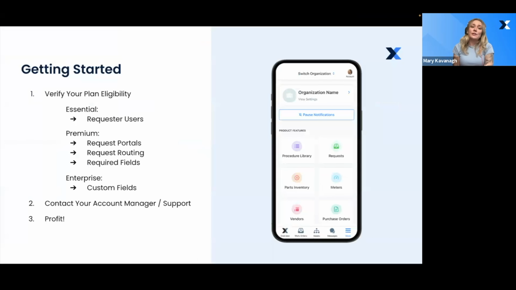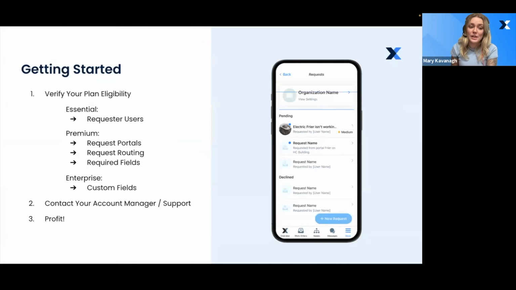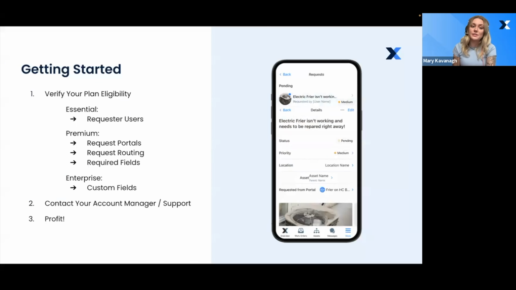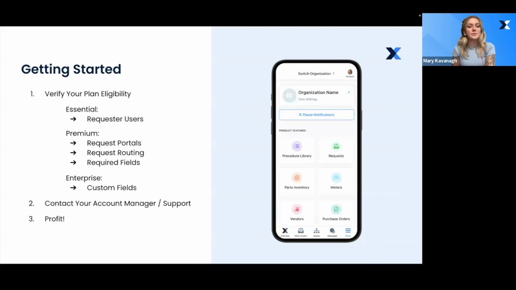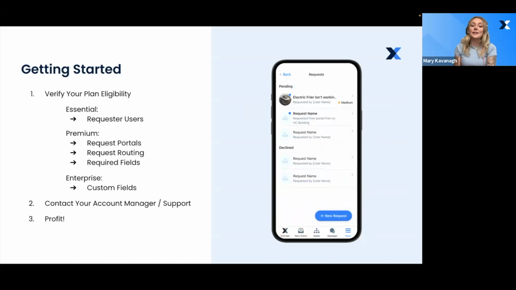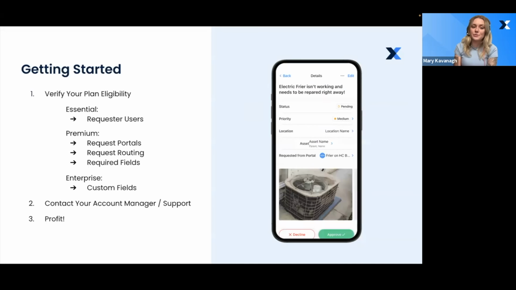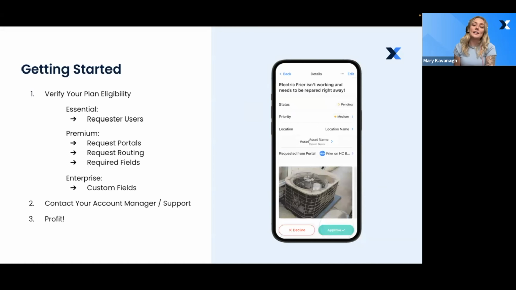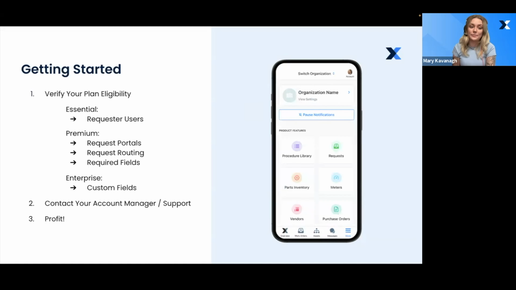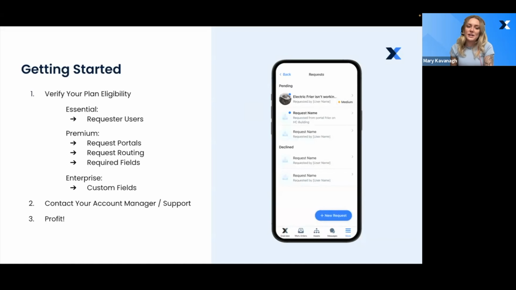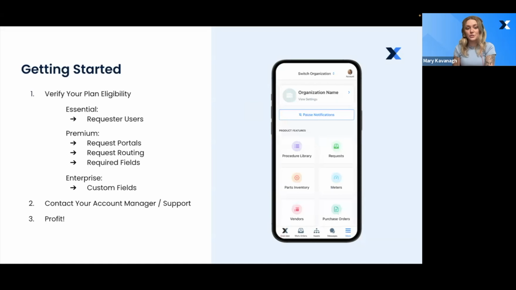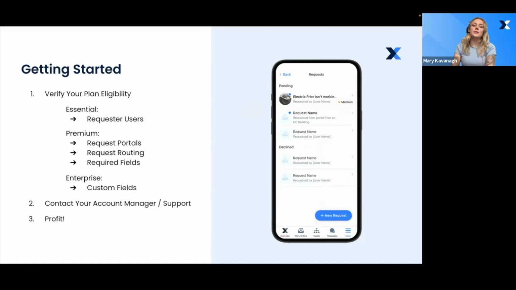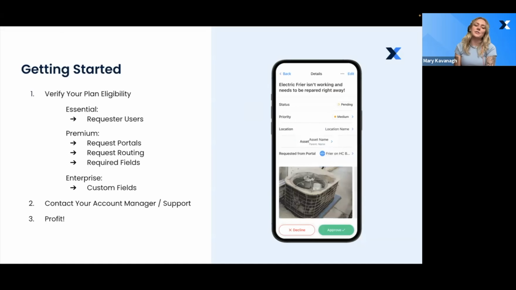Firstly, verify your plan eligibility. So for essential customers, you have the ability to have requester users. For premium customers, you can have requester users and request portals. You can choose who to route requests to, and you can have required fields as well. In our enterprise plan, you have the addition of having custom fields for your request user forms. Important to note, you can't customize that request portal, but for the requester users, you would be able to have